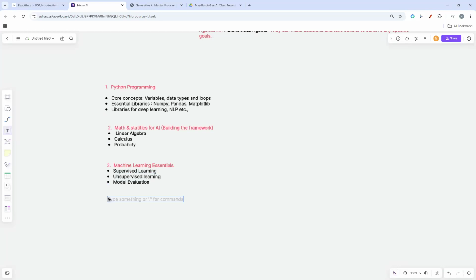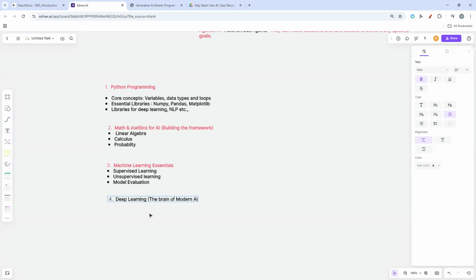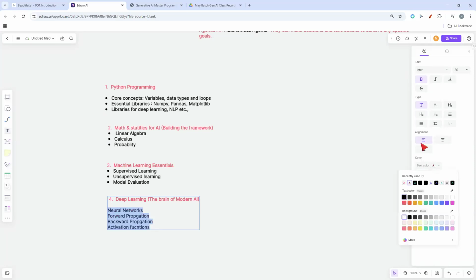And next comes the actual and the most important concept, deep learning. Okay, so deep learning we are going to cover, which is, as I said, the brain of modern AI. So here we are going to look at many things. We will see neural networks and forward propagation, backward propagation, and activation functions, loss functions, optimizers. So we have many things in deep learning, and we are going to cover all these in a very detailed